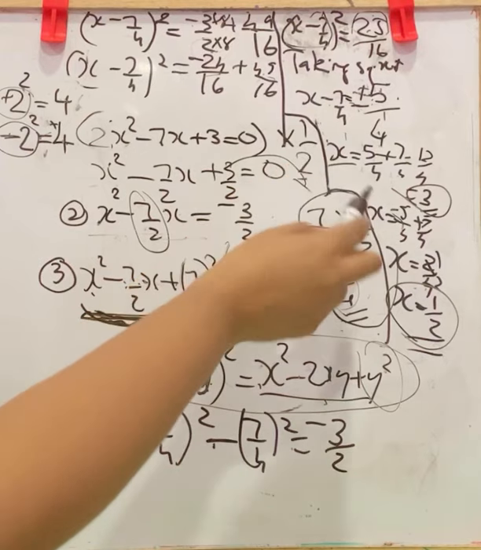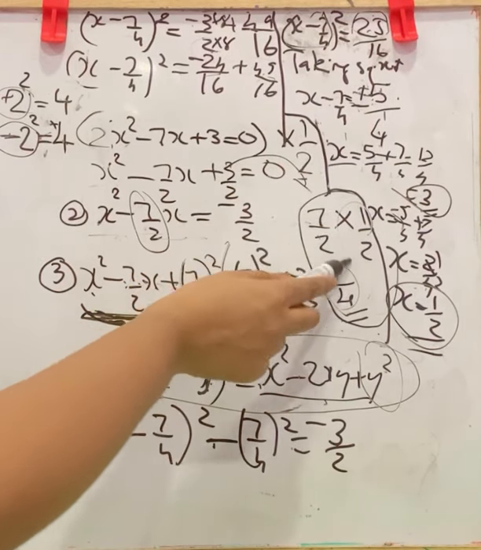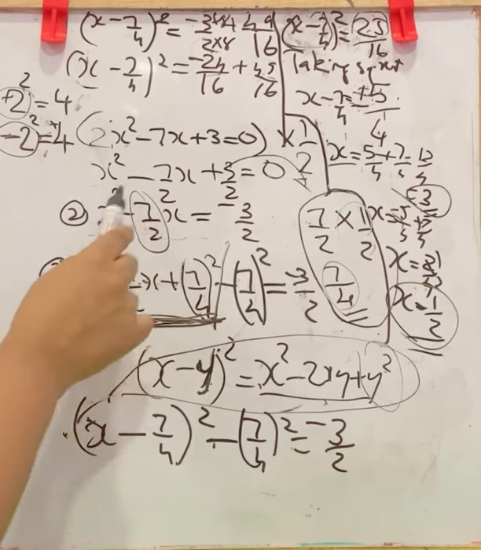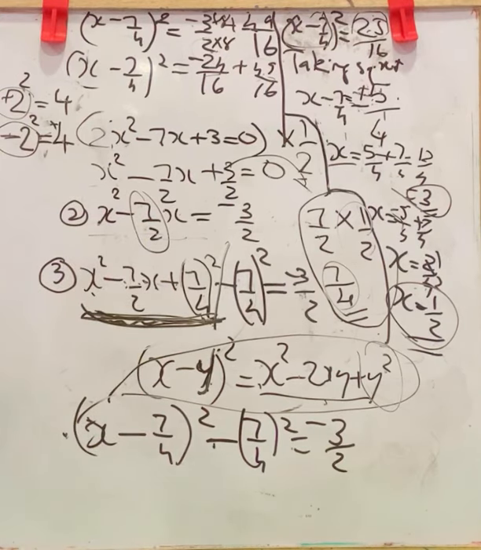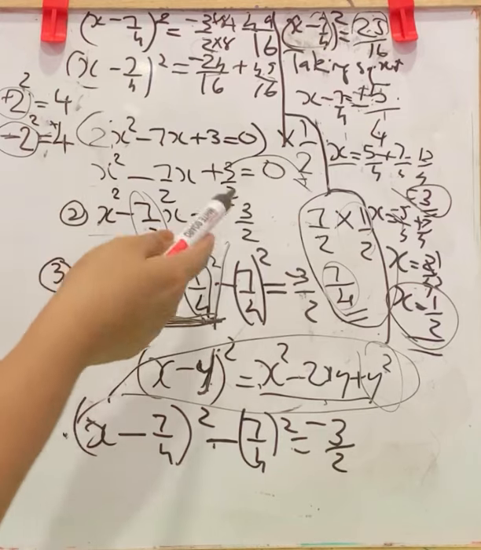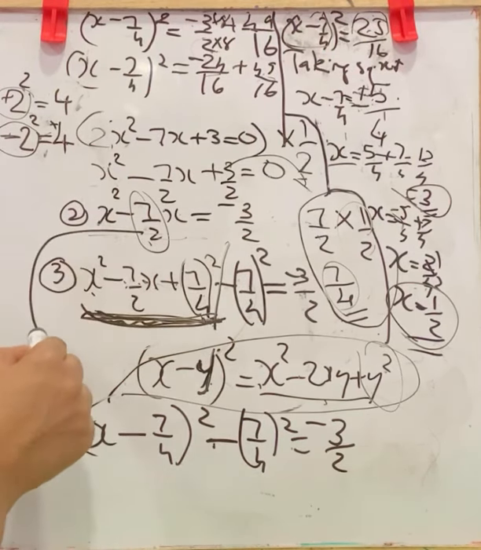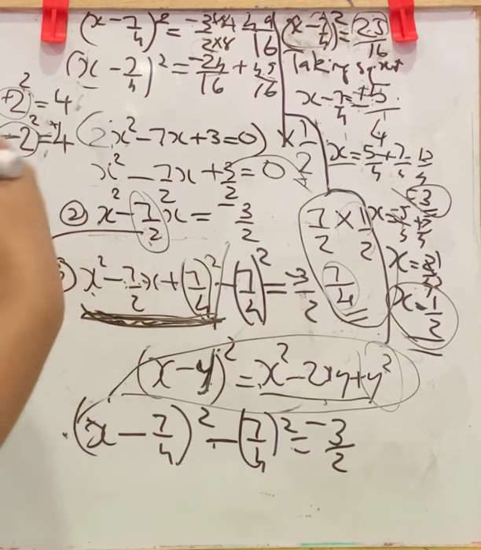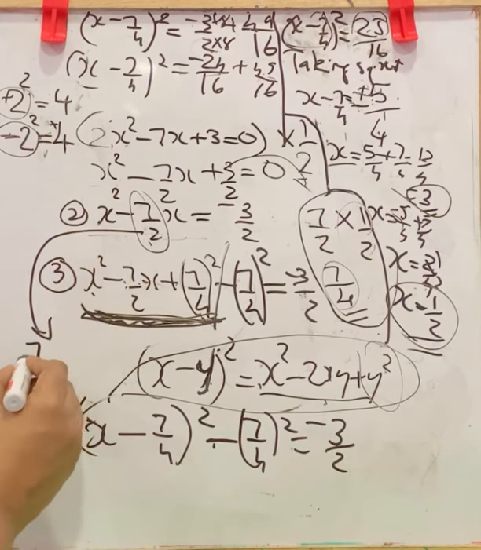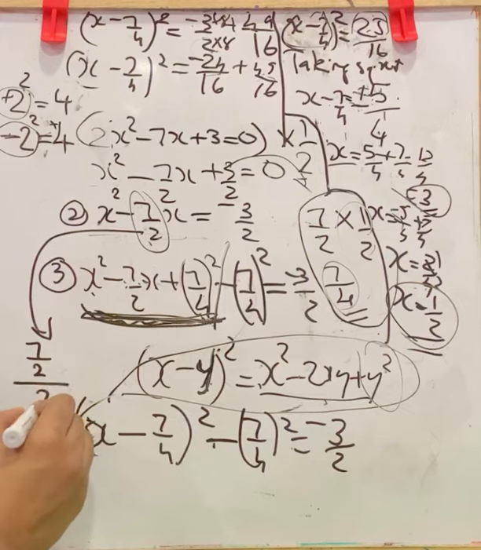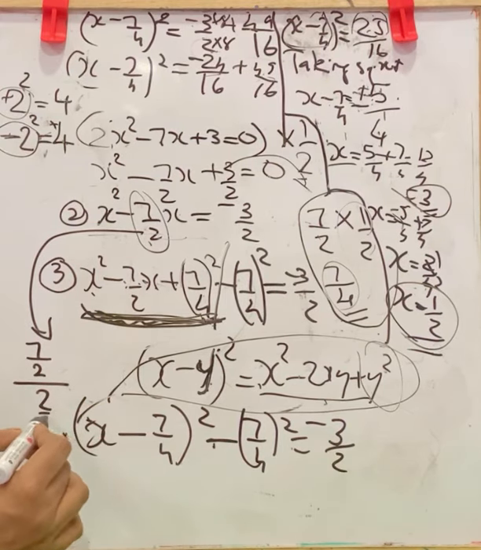But here we are multiplying with 1 by 2 for every number here. That is, we are taking the half of it. Here 7 by 2's half is 7 by 2 into 1 by 2. Actually the method we used here is, we are taking the half of 7 by 2, which means 7 by 2 divided by 2. Taking half means division by 2. And you know simply 2 means 2 by 1.